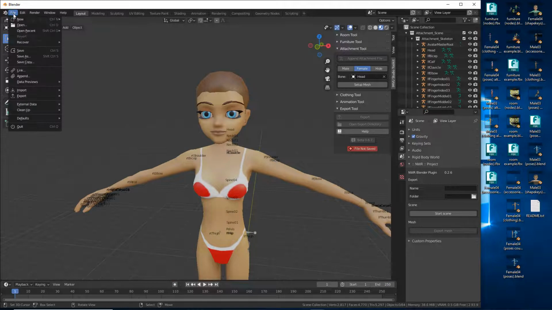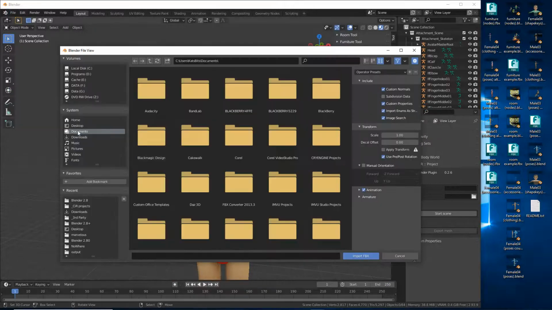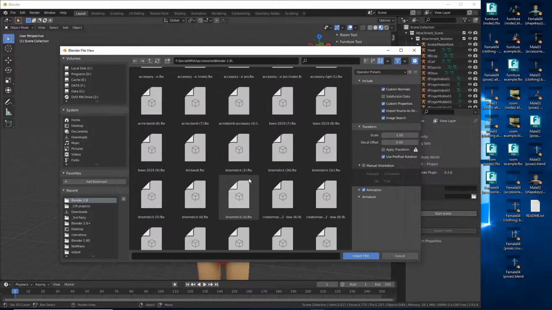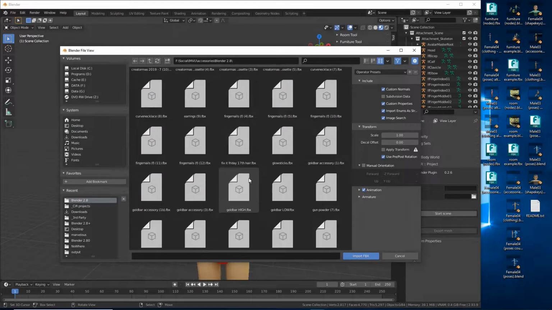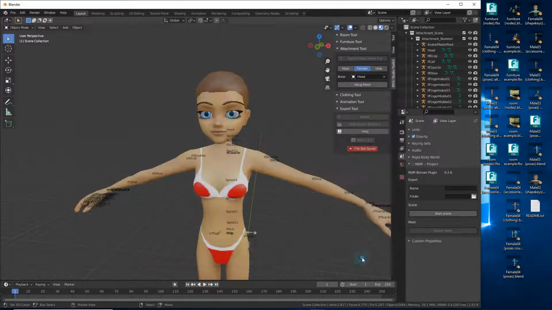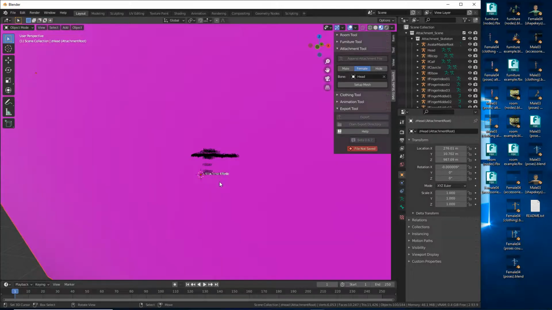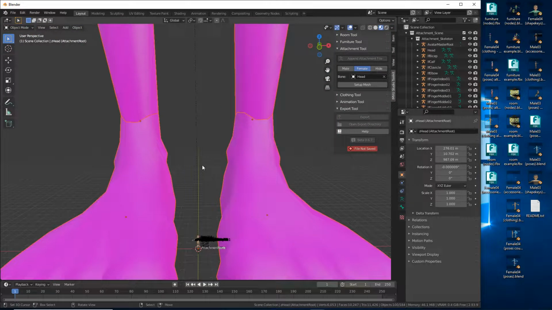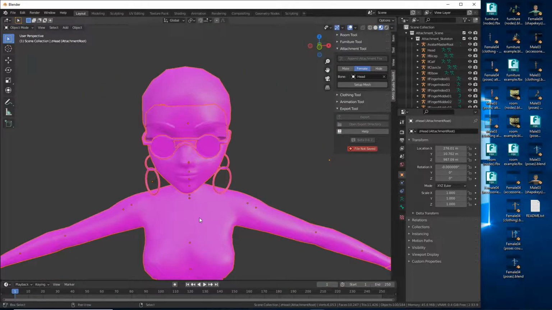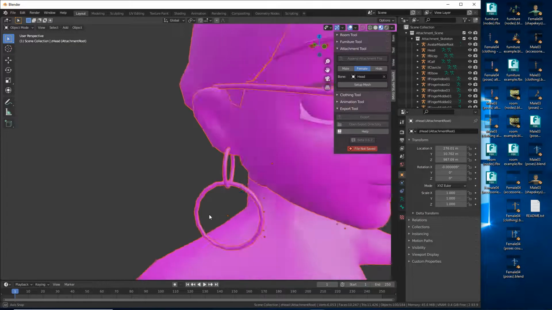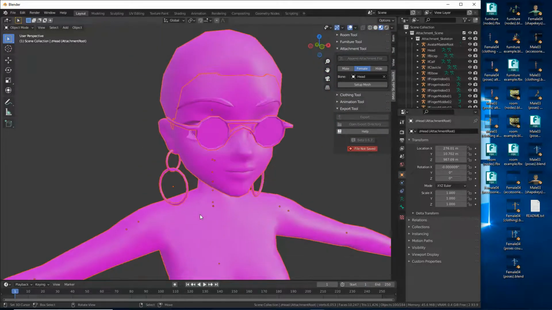So let's do the same thing again. File, import, FBX. Find the file again. We used earrings. Same settings as before. So that's okay, that's okay. Disable those two. That's all right. Import FBX. It'll bring in everything, but the scaling is absolutely huge, because the original